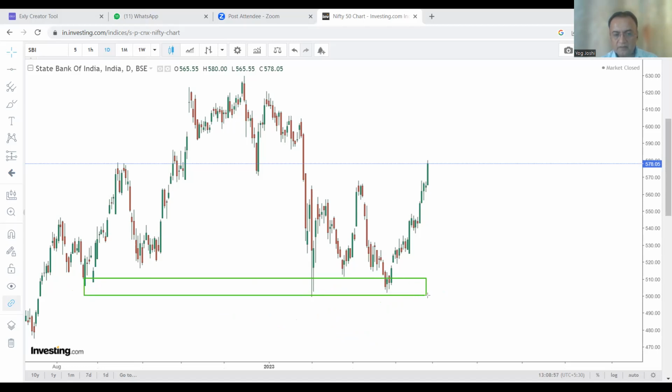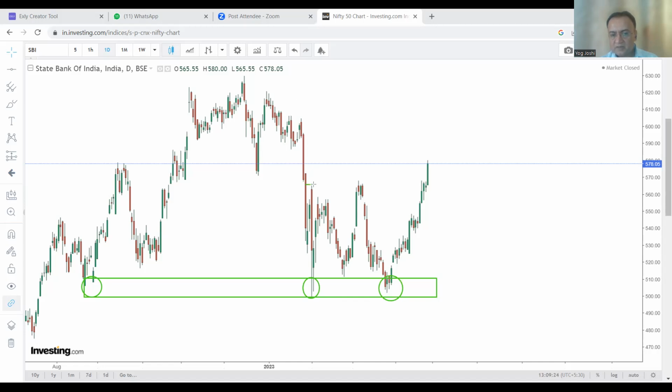See, there's a clear cut example of support and resistance. Price bounces back from this area. Whenever price came into this particular zone, price once again bounced back. Whenever price came in this area, price once again bounced back. This is the classic example of a resistance breakout.